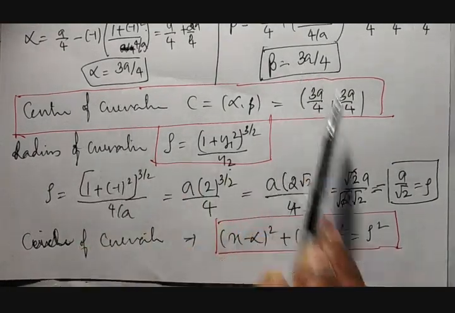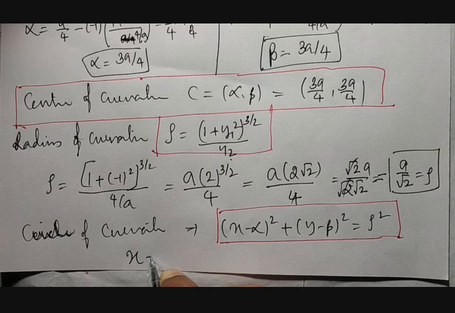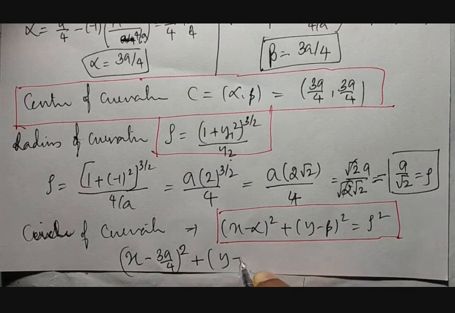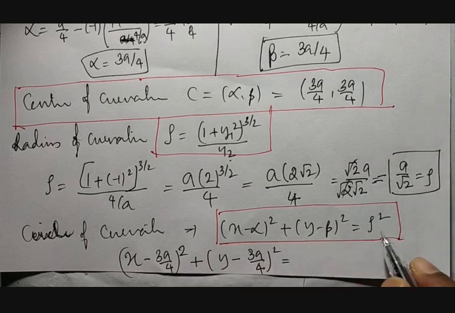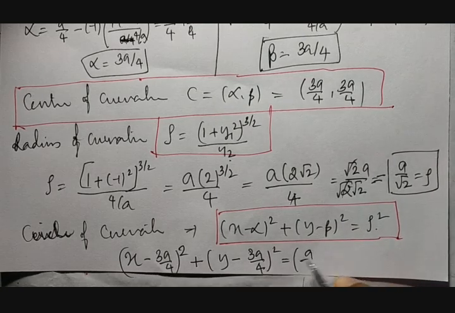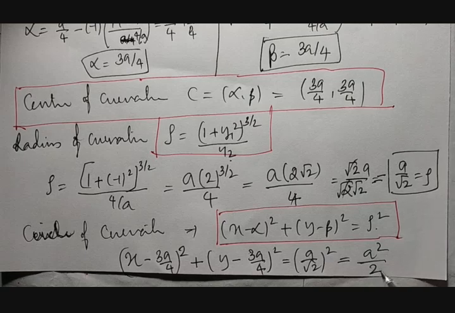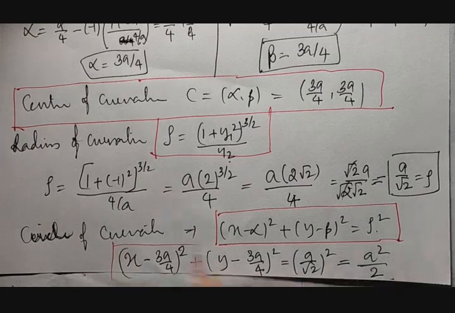Therefore, it becomes (x minus 3a by 4) the square plus (y minus 3a by 4) the square, that is equal to rho square. Rho square is (a by root 2) the square, which is nothing but a square by 2. Fine. a square by 2. This is the circle